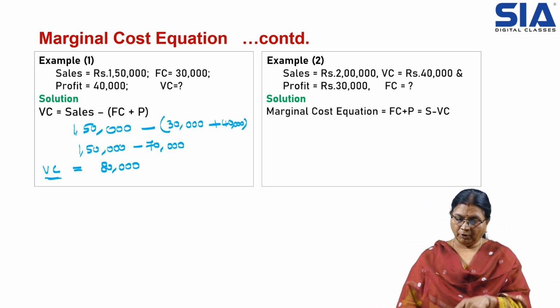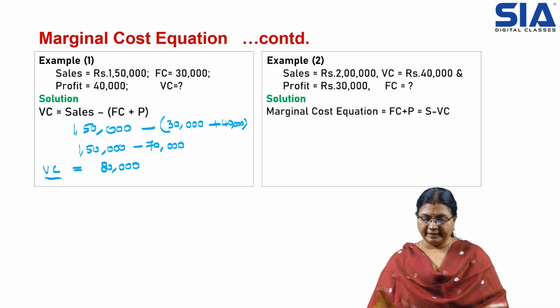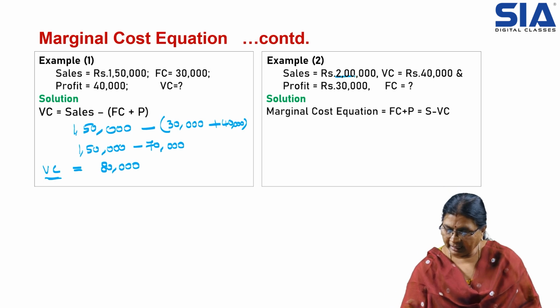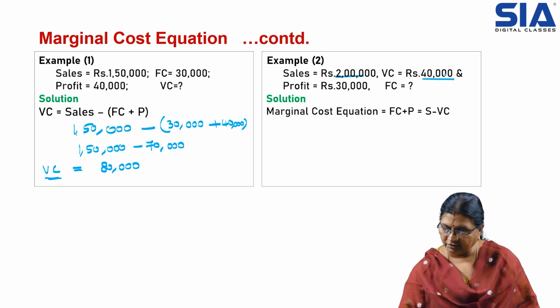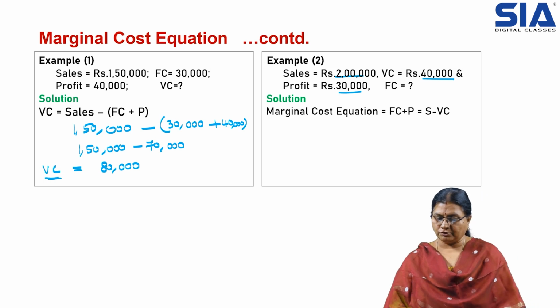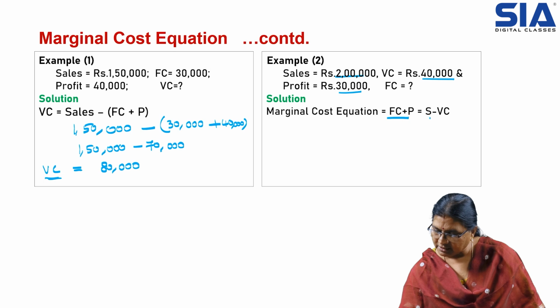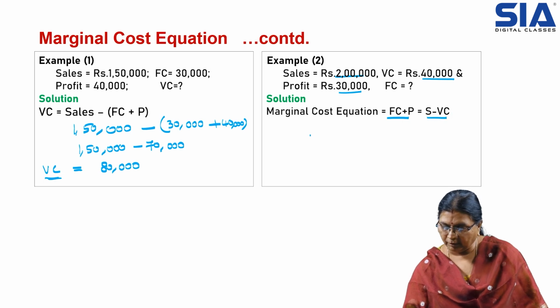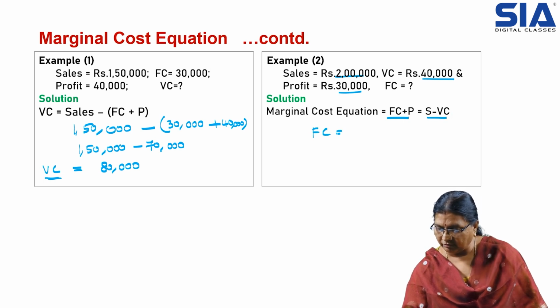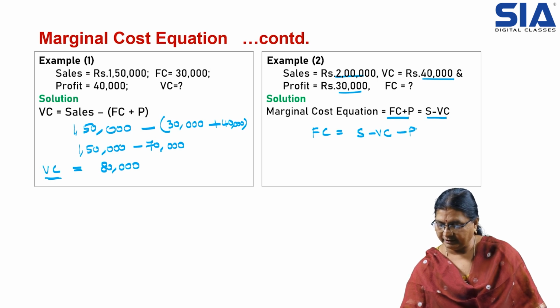Okay, then one more example is given where the sales is 2 lakhs rupees and variable cost is 40,000, profit is 30,000. So now we have to find out fixed cost. So here the formula is given, fixed cost plus profit is equal to sales minus variable cost. Now fixed cost is equal to sales minus variable cost minus profit. That is